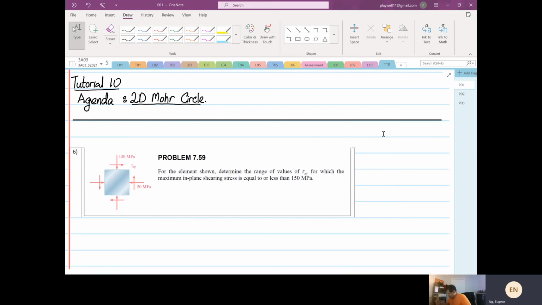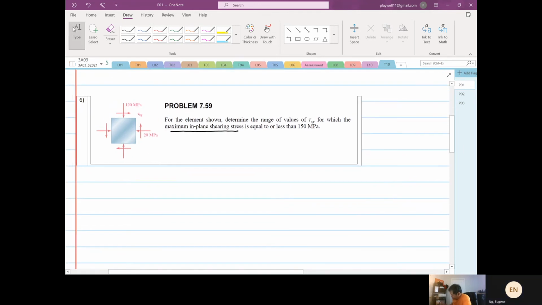For the element shown, determine the range of shear xy for which the maximum in plane shearing stress is equal or less than 150 megapascal. So the information that we are given, we draw our transformation first. So we know that this is our x and there is our y, right? So given to us that stress x